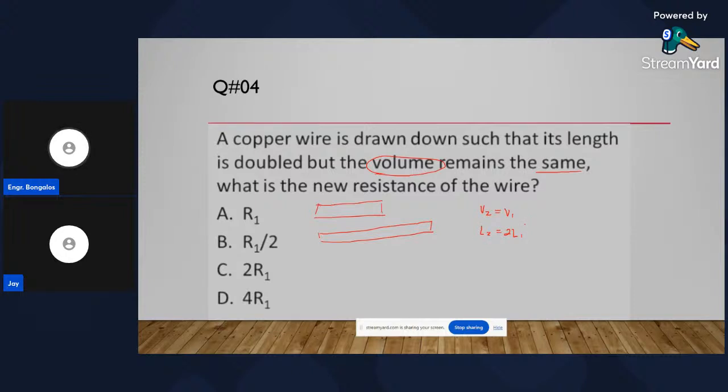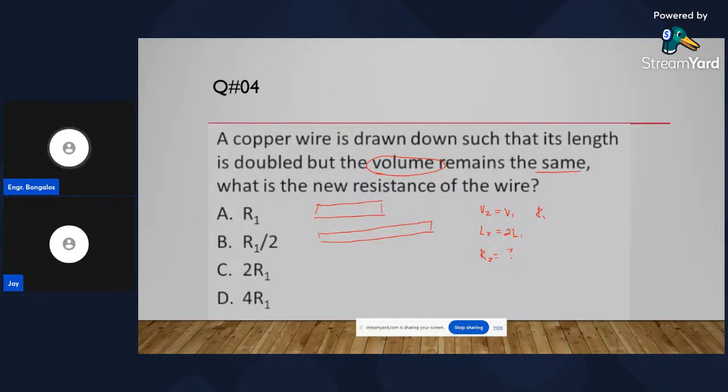So, let natin yung original resistance natin is R1, then yung new resistance natin is R2. Ito yung pinapahanap. So, ano yung magiging solusyon natin dito? So, kung the same pa rin yung volume, so therefore